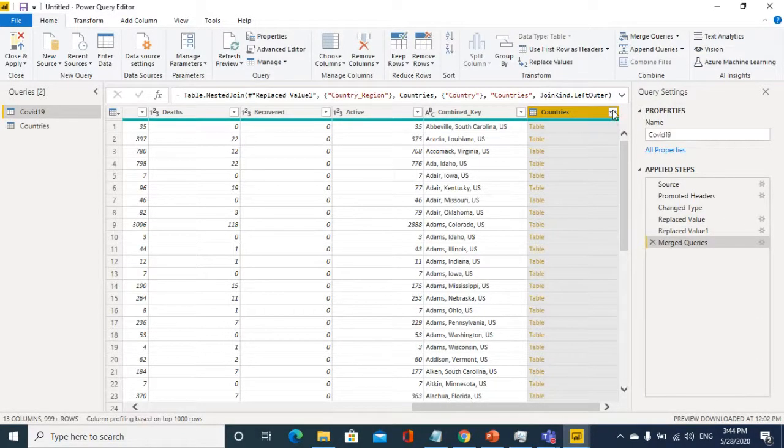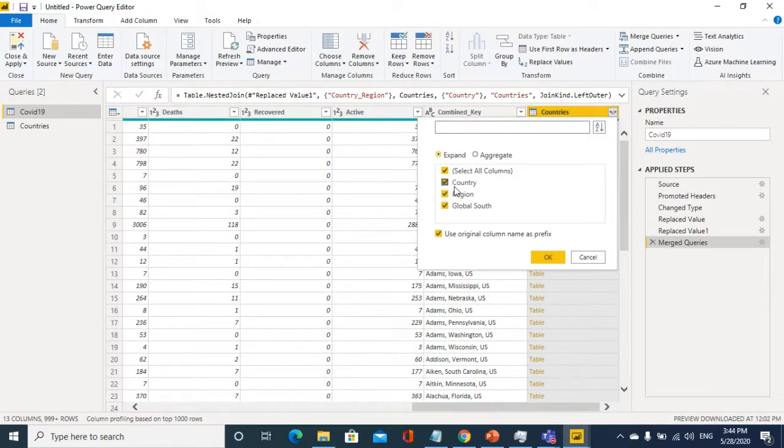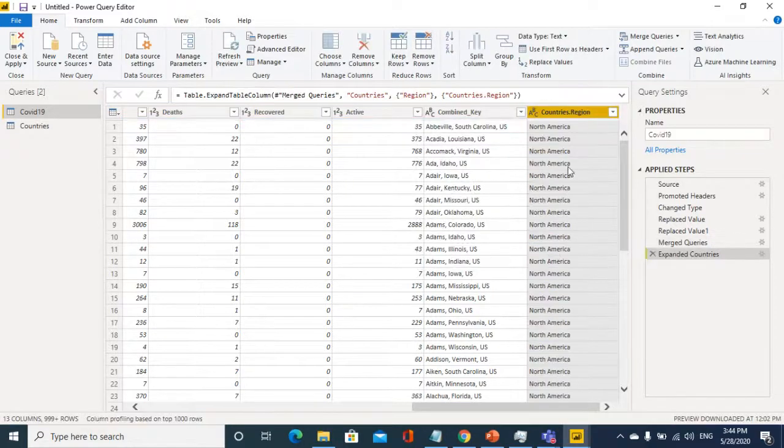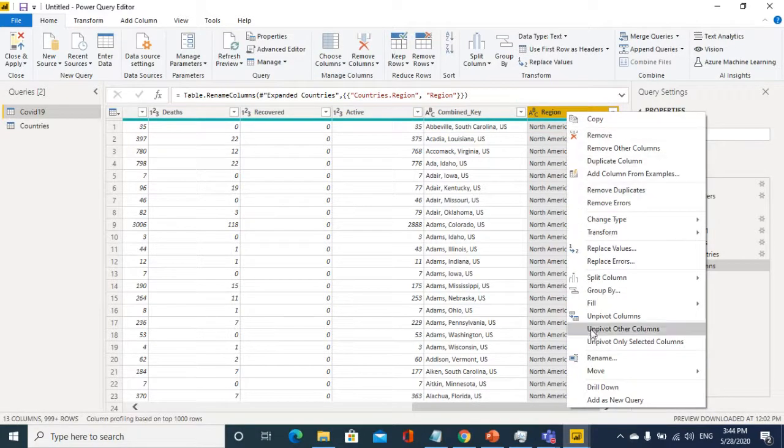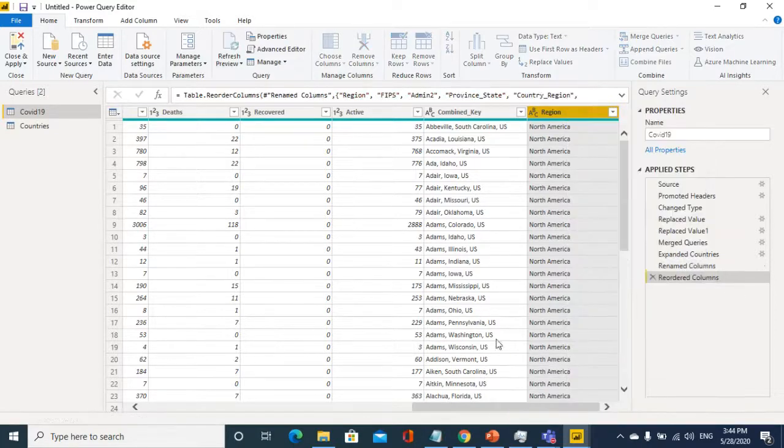Okay, so let's expand this. I want only the region from the countries list. Rename this column and move it to the beginning of the dataset.